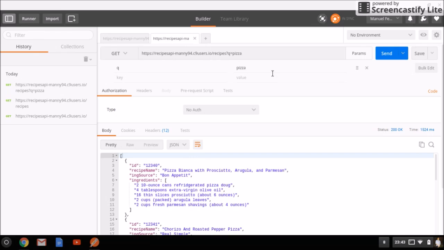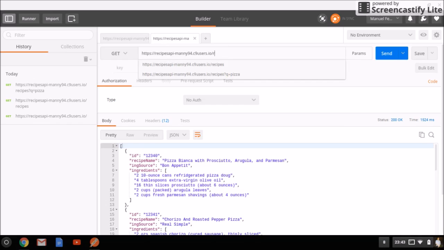Now I want to be able to add this data into my database. For me to do that, I need to register first. So I need to add a new user, confirm the user, and then I'll be able to do the other features in my web API. So I'll go ahead and do that